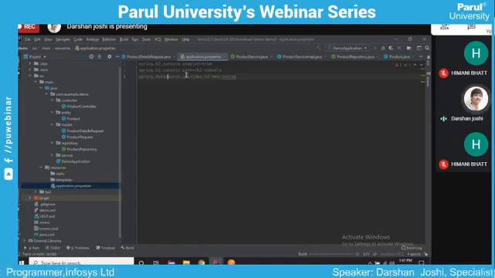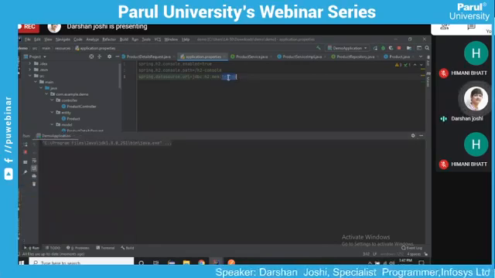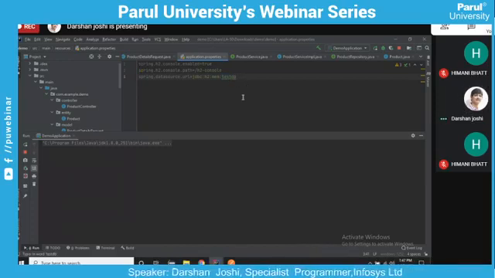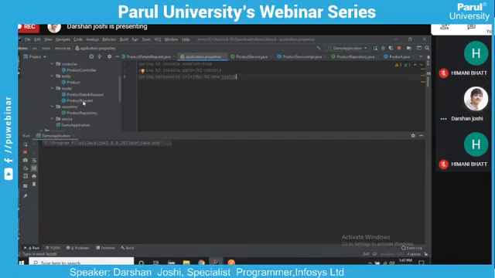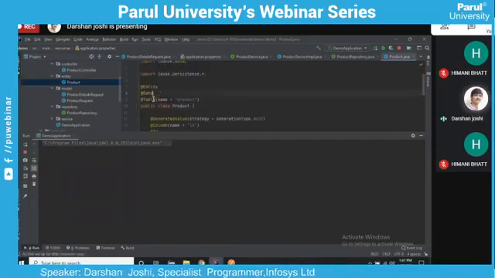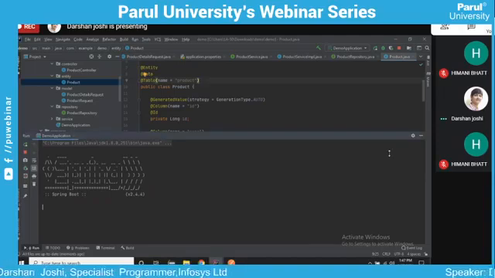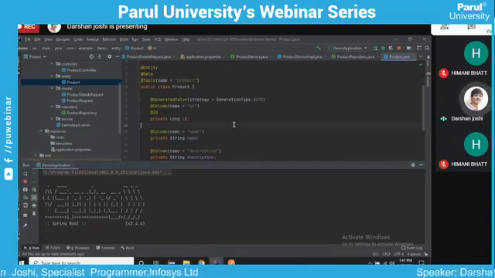Here in the application.properties file, you'll have to mention that the H2 console needs to be enabled. H2 is an in-memory database which we have used, and this is the data source. In the data source, we have currently passed testDB. TestDB is the DB name. We can change the DB name from here. So it will create a new database with empty tables, and it will create only one table just because we have mentioned here the entity and we've provided the table name as product. So it will create a new table for us.